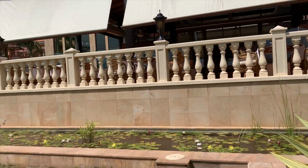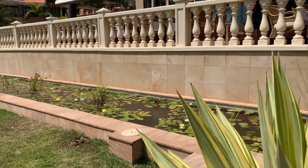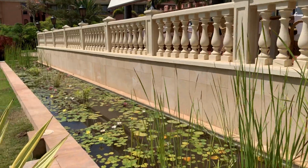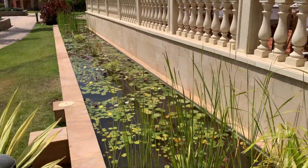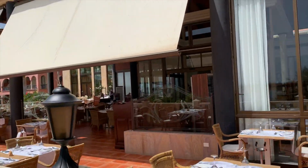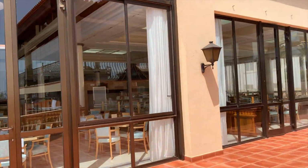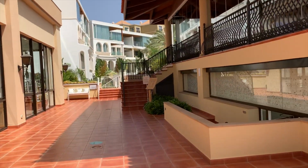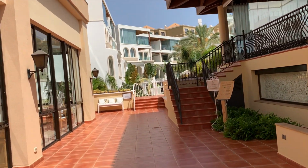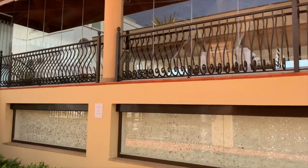In fact, I'd go as far as to say, and this includes places like Jamaica, it's probably the best specialty restaurant all-inclusive meal I've had. Look at the lovely lilies, there's carp in the lily pond. This is the buffet restaurant. So the Poseidon Restaurant sits behind the buffet, and just up to the right there, where I'm going now,